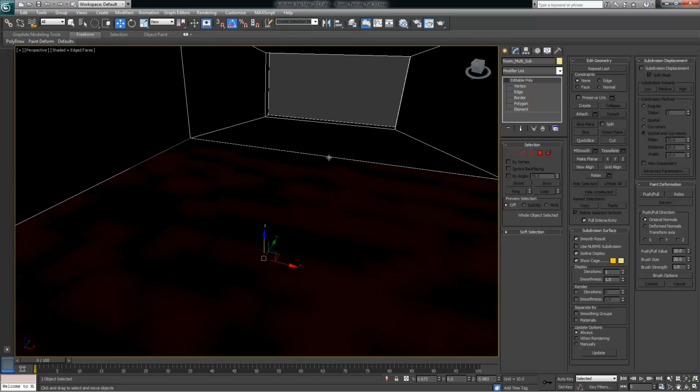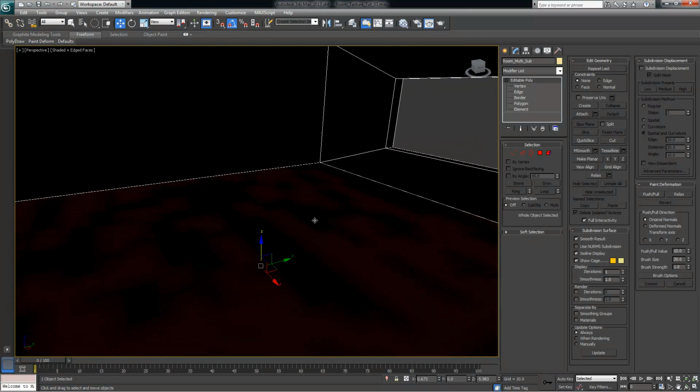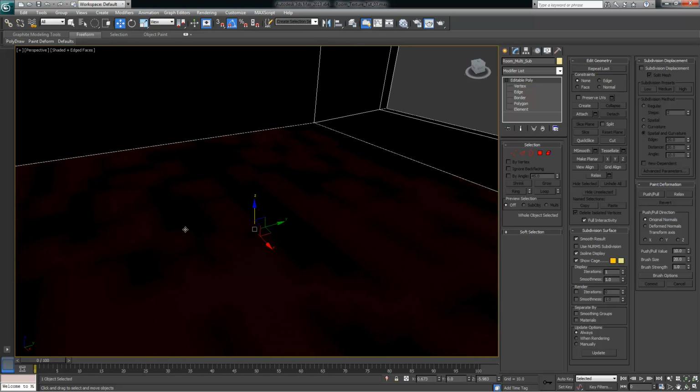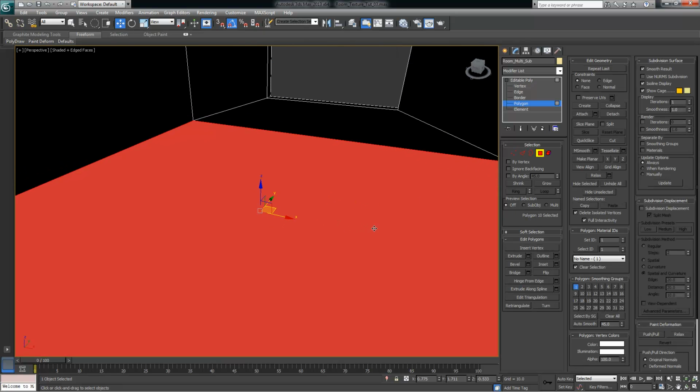And so one of the downsides to this multi-sub-object material is that you just kind of have to remember that you're assigning the materials to the sub-object or the polygon face. Alright, and so what that means is that I actually have to apply a UVW coordinate to each individual group